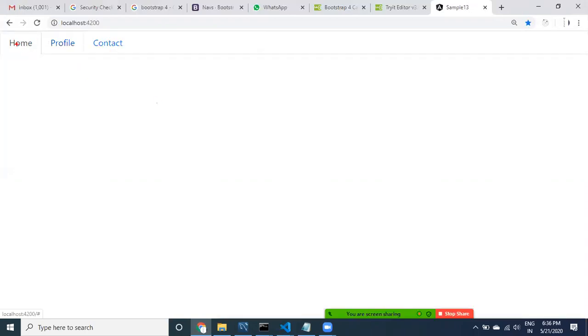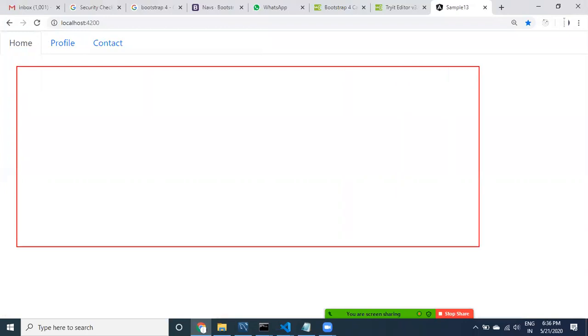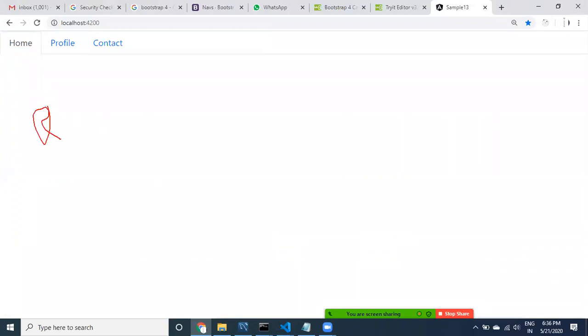If I click on home, then here I would like to maintain a router outlet. How can I use it guys?